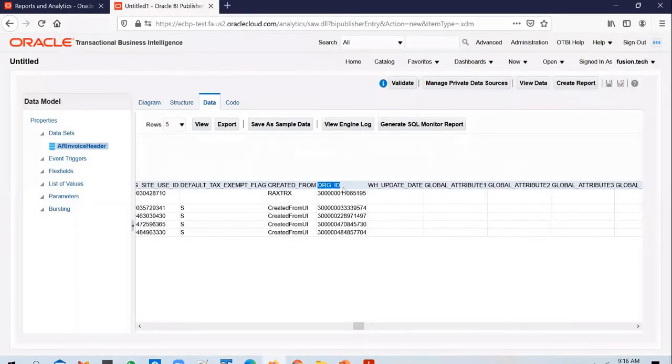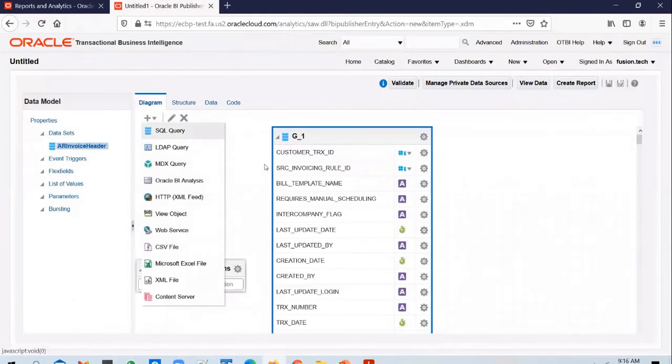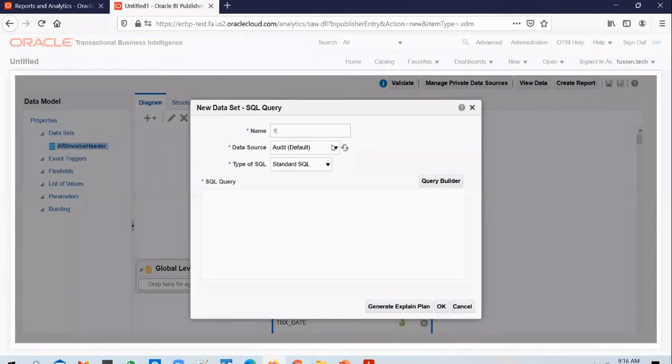And you see this org ID is different for these transactions. So what that means is, yes, the 5001 transaction number exists in multiple organizations, so multiple business units. So let me add in one more query there. I'll just call it 1 because I'm going to delete this later on. I'll change the data source to FSCM. And there is a table called HR operating units. You can still use this table in ERP Cloud as well. You can query this table to figure out the business units that are defined in the ERP Cloud instance.